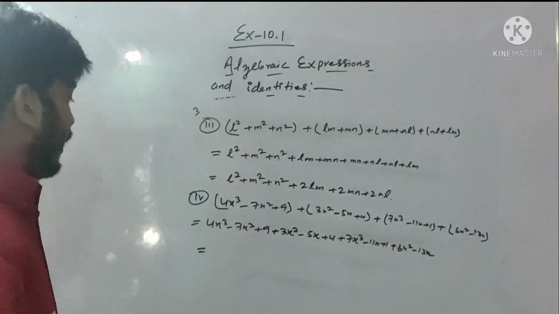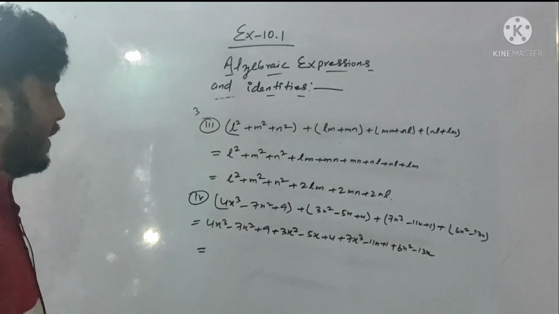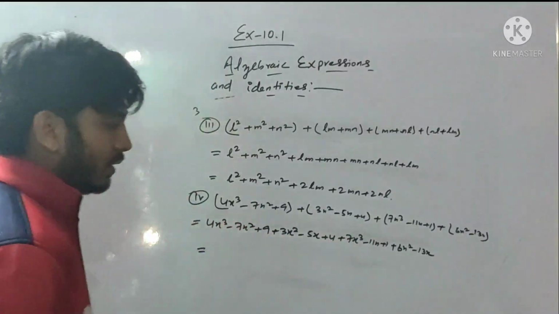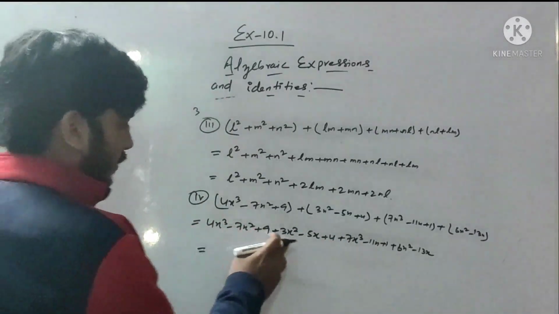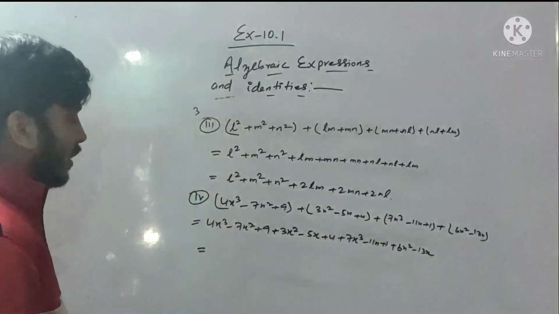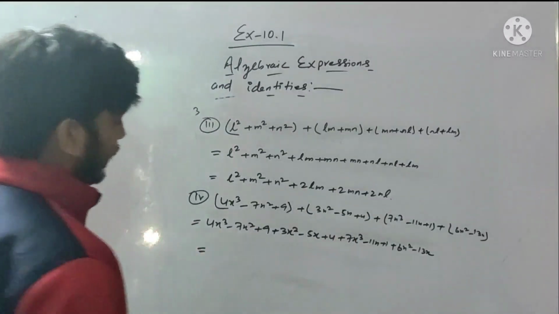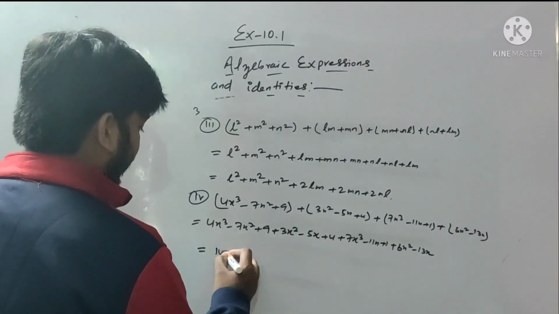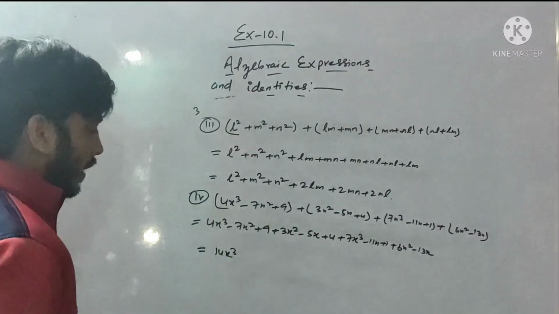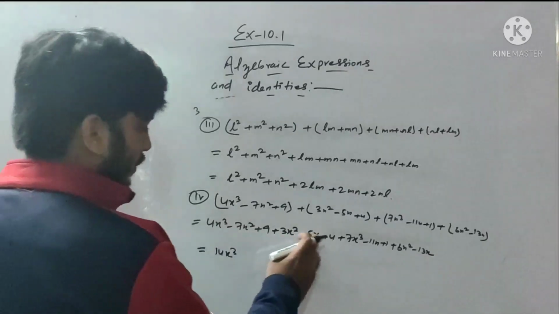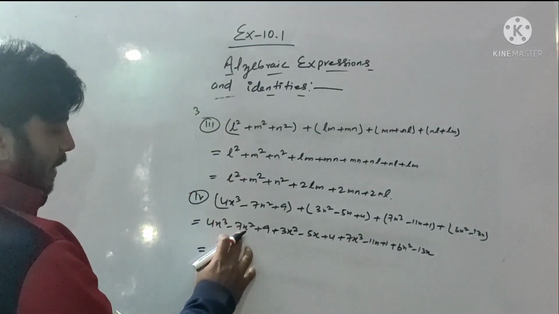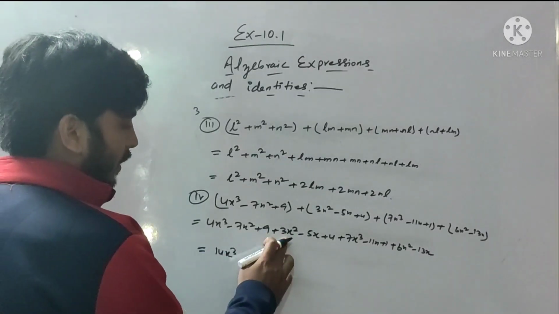Okay, so now we need to find out the like terms. So this one and this one is the like term. This is plus, this is plus, this is plus, so there is nothing to worry about. We can simply add all of this. 4 plus 3 is 7, and 7 plus 7 will be 14x cube, the first term. Now here x square, here x square, here x square. Dear students, here minus 7x square, and here is plus, and here is plus.